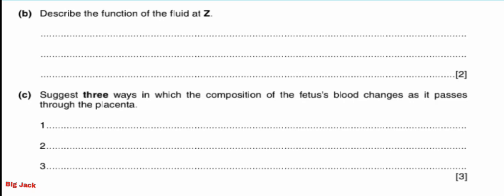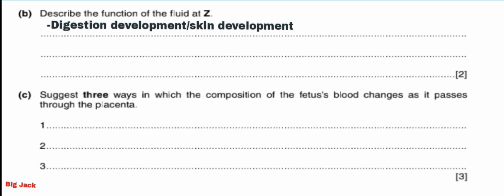Then apart from that one, you can also include digestion development. And then apart from digestion development, you can also include the last one, which is skin development. Okay. Then as for C, it is saying suggest 3 ways in which the composition of the fetus blood